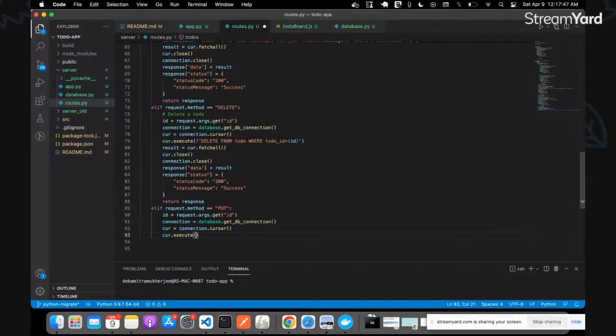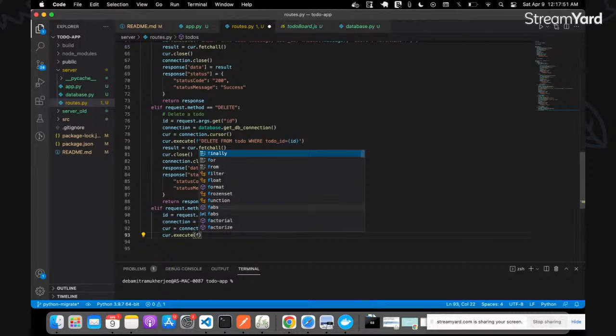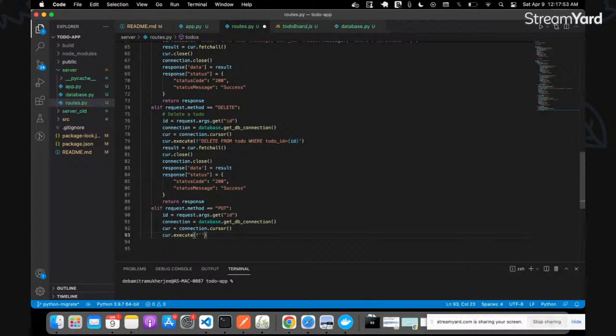So what's our query going to be? It's going to be an update. How does an update query go? Update table name set